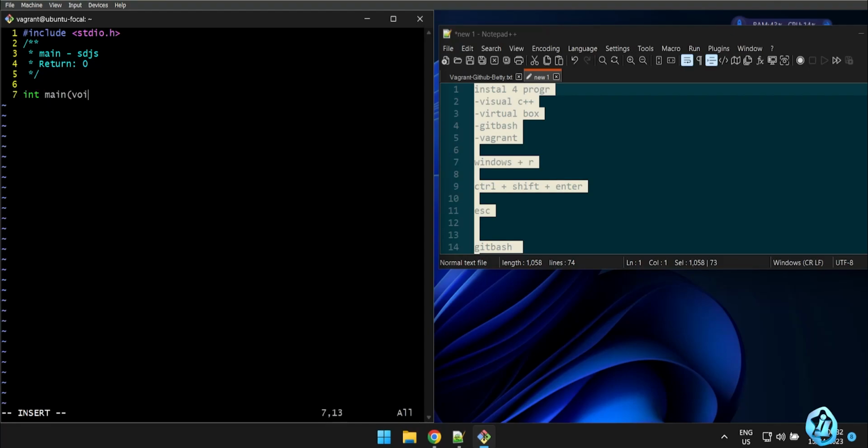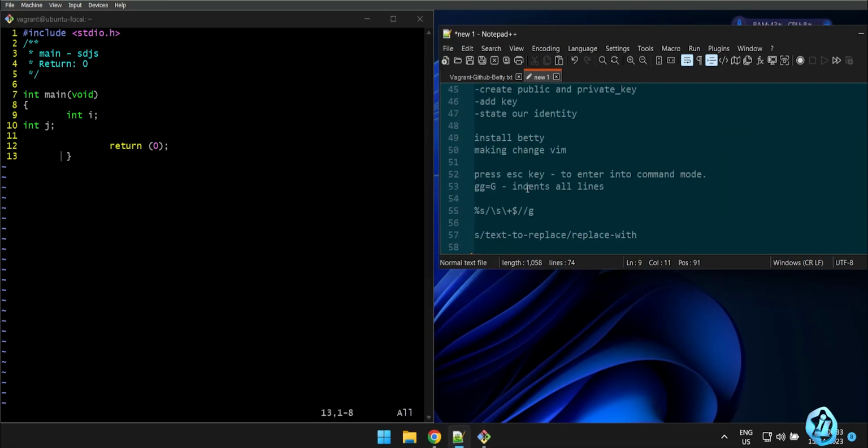And then we have int main void. I want to show you now what the tabs would do. Int i, let's say I put int j like that, return 0. You see, this thing has been indented so badly, like that. So when I enter command mode, and then we will be doing this command, this one,